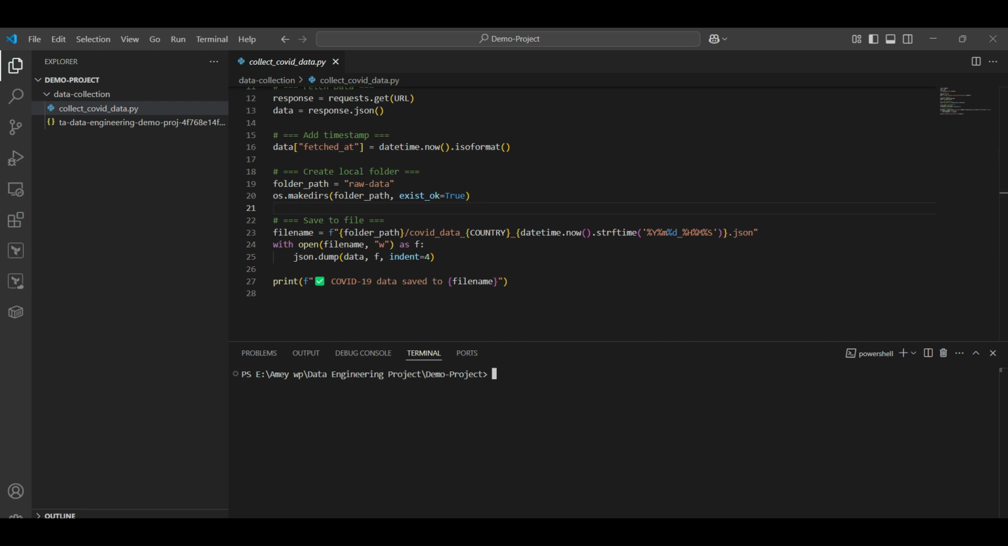So now let's quickly go inside this data collection folder. So let's do cd data collection, and then let's enter python collect covid data.py, and then let's run this script to collect the data to follow our first step for the data collection. So let's click on the enter,